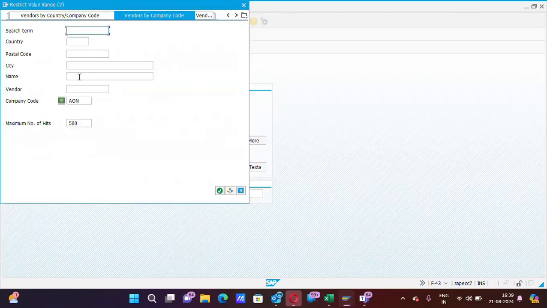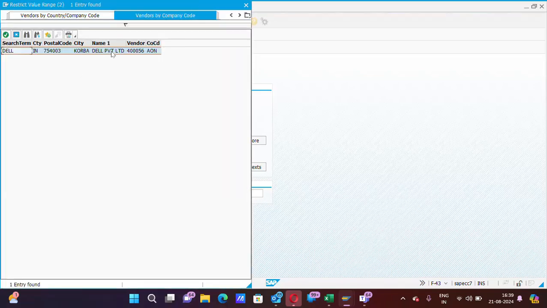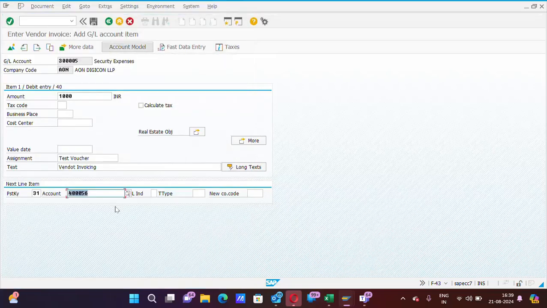Suppose I want to post in Dell India. You can see here Dell Private Limited, a vendor created in company code AON, so we will select this. The vendor code is 40056. After that, please press enter.